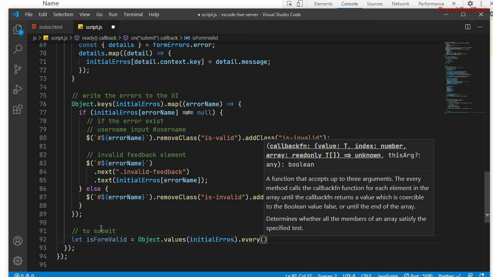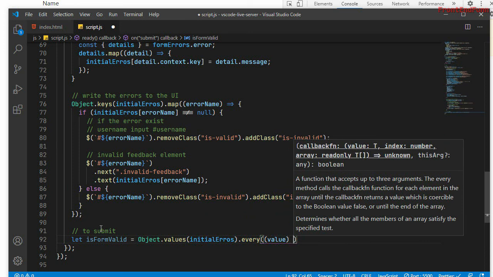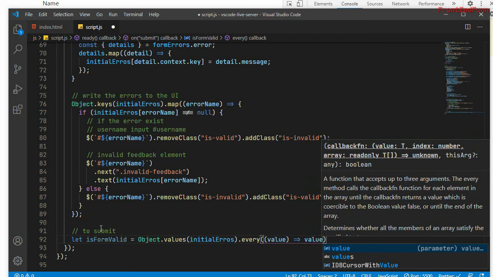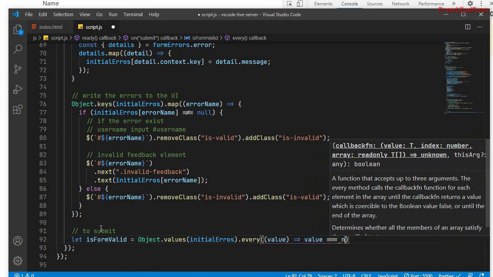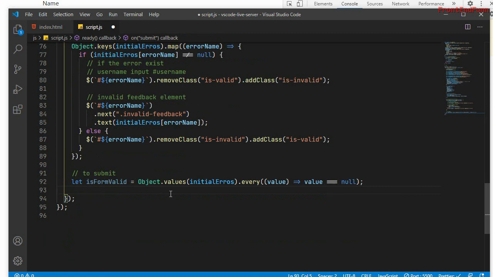I'm just checking every value inside the errors object, and if the value is equal to null, then isFormValid will be either true or false. So if it is true,